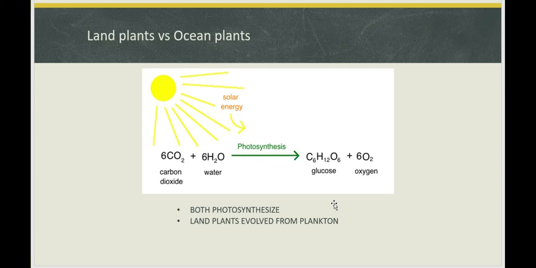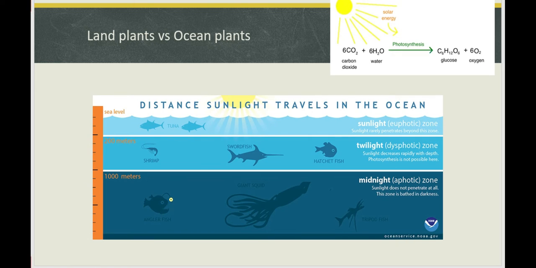So they have common metabolic pathways and they have common things that they need to do, but they have different challenges because they live in different habitats. And if you think about a land plant, one of the big challenges for a land plant is getting water. All right, so that's why they have roots. They put their roots down into the soil, and they draw water up from the soil, and they use that. Now, of course, if you were a phytoplankton, you're surrounded by water, so that's not a challenge. So ocean plants and land plants have different challenges,